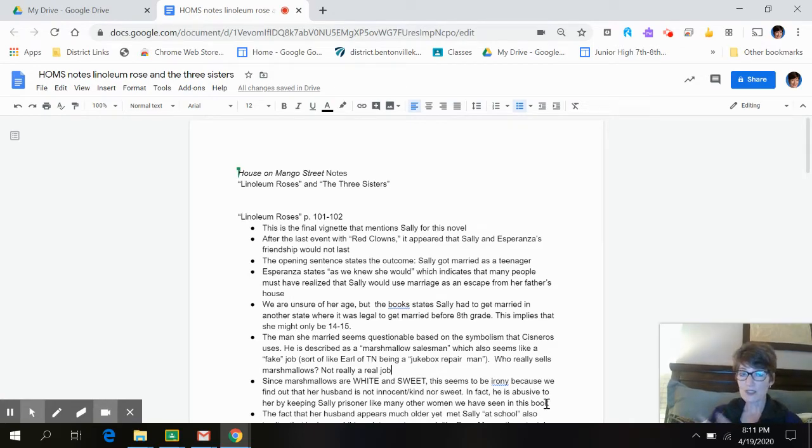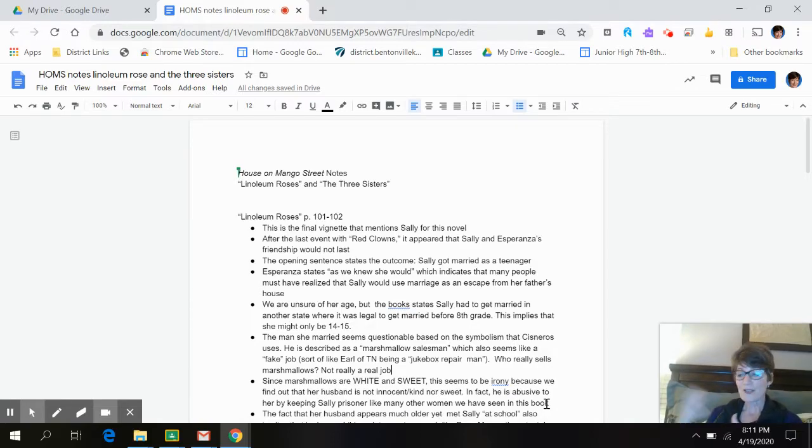a new place where she lives that apparently has linoleum on the floor with the patterns of roses printed on it, which must have been a popular pattern from the time, as it was already on page 40 mentioned in the Family of Little Feet. So this is the very last vignette where Sally is mentioned. So it's going to be important as we end the chapter and read really quickly to find out where we